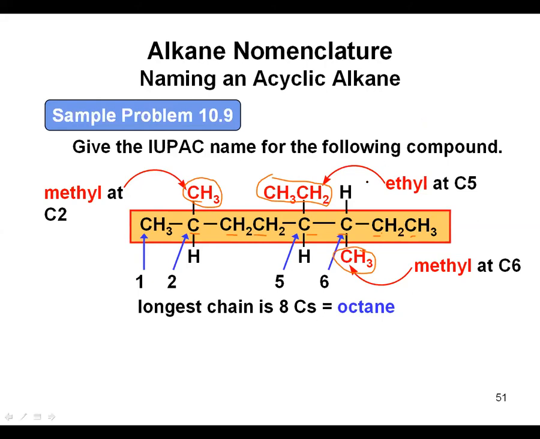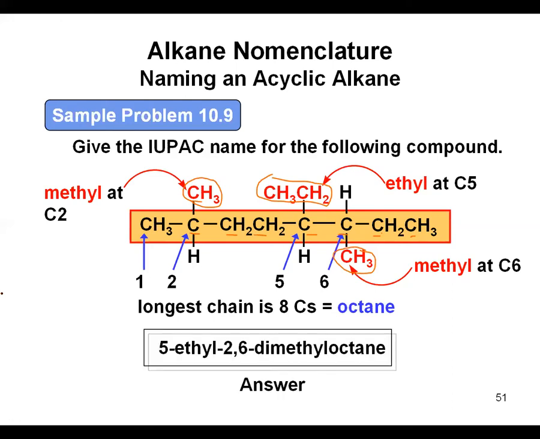And we would also have an ethyl group. We do want to number it in a couple of different ways. We could go left to right, which gives us our group numbers as we see here, 2, 5, and 6. We could go right to left, which would give us 1, 2, 3, 4, and 7 if we go the other way. So putting all that together in sort of alphabetical order, 5-ethyl,